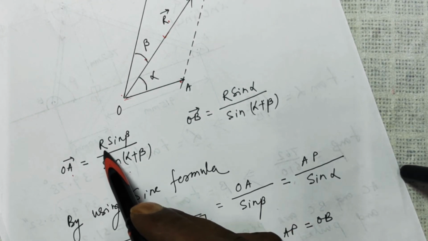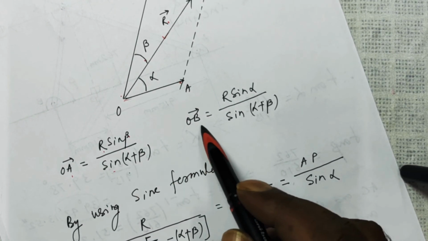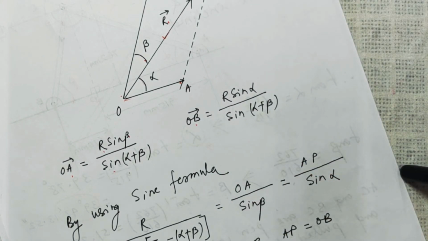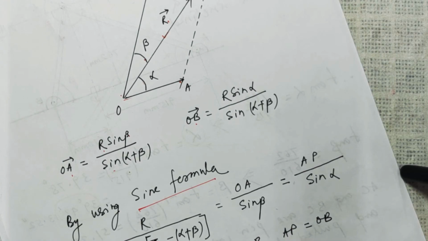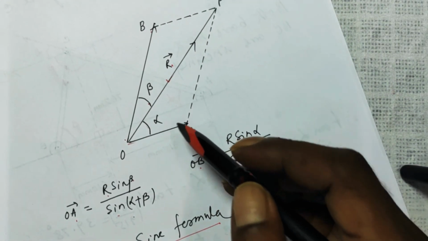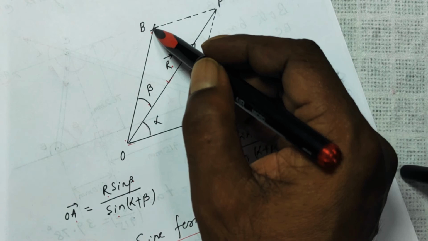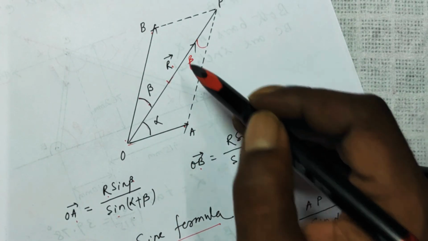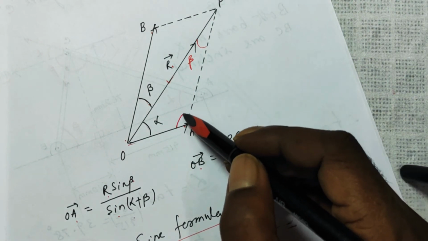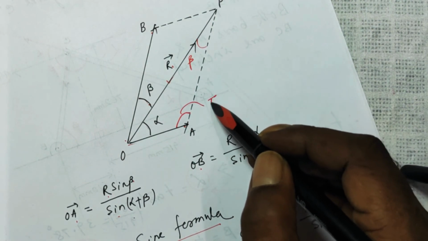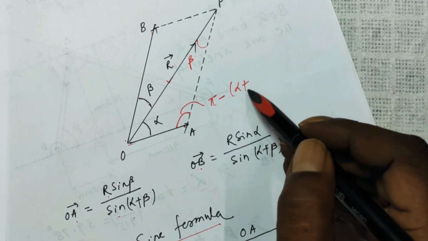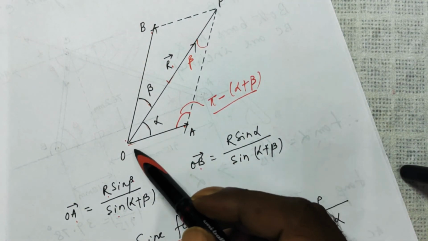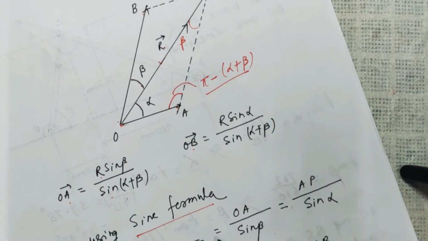Then your OA is equal to R sin beta over sin (alpha plus beta). OB is equal to R sin alpha over sin (alpha plus beta), by using the sine formula, because look, this side is parallel to this. So if this is beta, this is also beta. So this will be 180 degrees, that is pi minus (alpha plus beta). So using the sine formula for the triangle OAP, we get